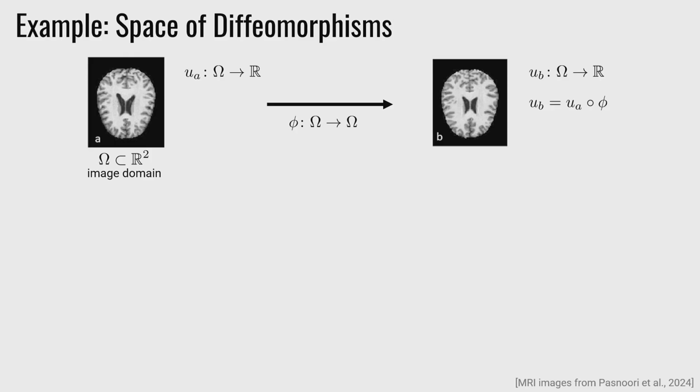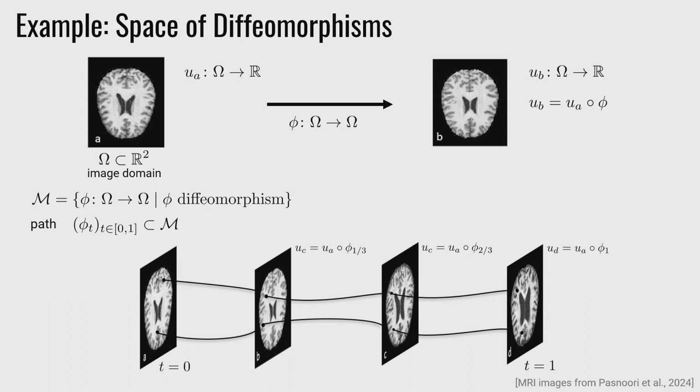But now instead of using this function UB, you could also think of deforming your domain and then applying the old transformation. So this phi here would somehow deform your image domain such that then you can represent UB by this concatenation. So here, the shape space, if you define it as the set of diffeomorphisms, then a path in the space actually corresponds, so a path now on this manifold is a path that at every time point gives you such a diffeomorphism. And now, this is